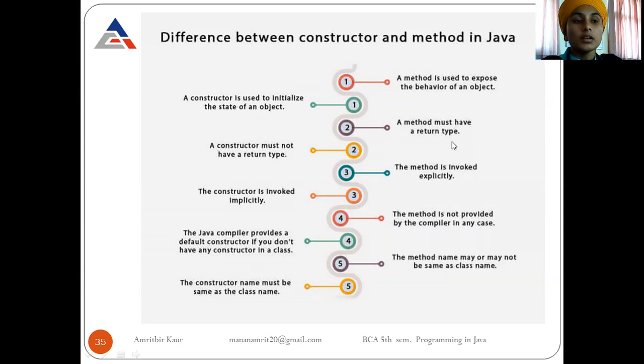But in case of a method, it may or may not be the same as the class name. We can use our class name as a method name or we cannot. It depends upon our requirement. There is no compulsion. But in case of a constructor, we have to use the same name. This is all about our today's lecture. We learned about access specifiers, pass by value, in which we studied primitive type and reference type. Then constructors, their types, and constructor overloading. So this is all about today's class.